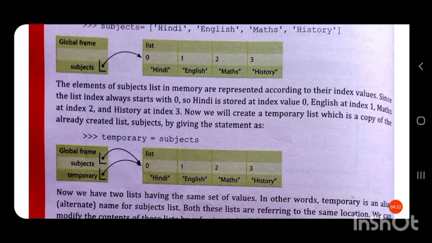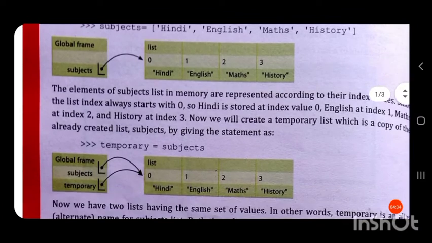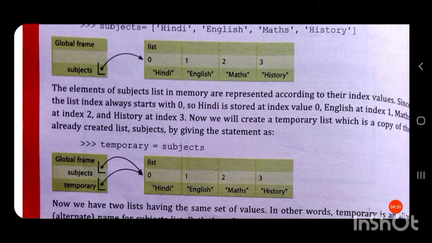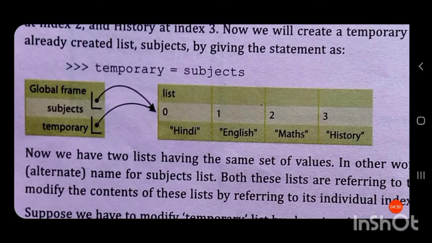Now you can see here subjects is a list which is pointing to an object of a list containing different elements. Since temporary is the copy of the list subjects, both the lists subjects and temporary are pointing to the same object of list.